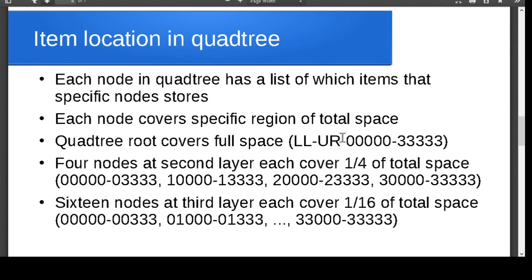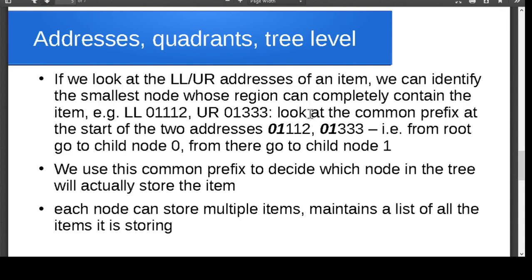If we've got an item we want to insert, we look at where it fits. You start at the root. It's obviously going to fit in the root. If you can, you push it down one more layer and see if it fits entirely in the address space for one of those. If it does, then you see if you can go one more layer, and you can just keep going down like this. Now, what's nice is that we can look at the lower left and upper right addresses, and right away we can tell which node they're going to belong in. So if somebody gives you the 2 addresses, an address for the lower left and an address for the upper right,